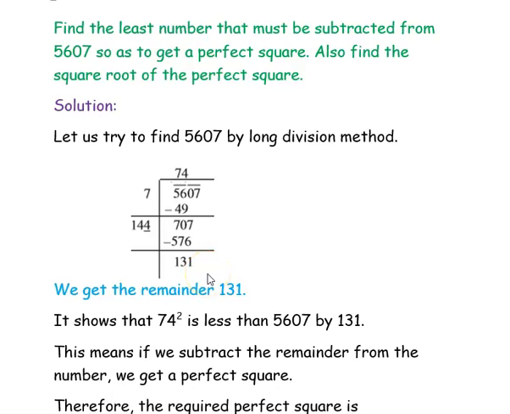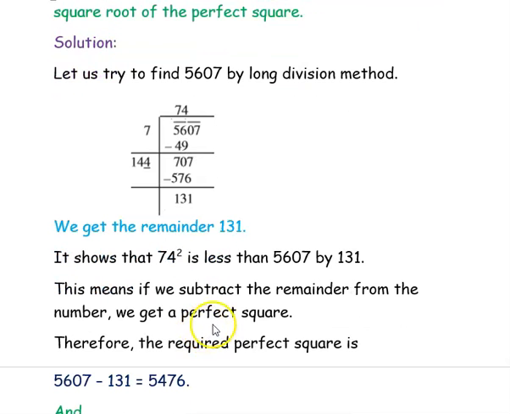Now we know that we cannot process further here, so we stop here and conclude that 74 square is less than 5607 by 131. If you subtract 131 from 5607, you will get a number, and that number is equal to 74 square. So what we have to do is subtract the remainder from the number to get a perfect